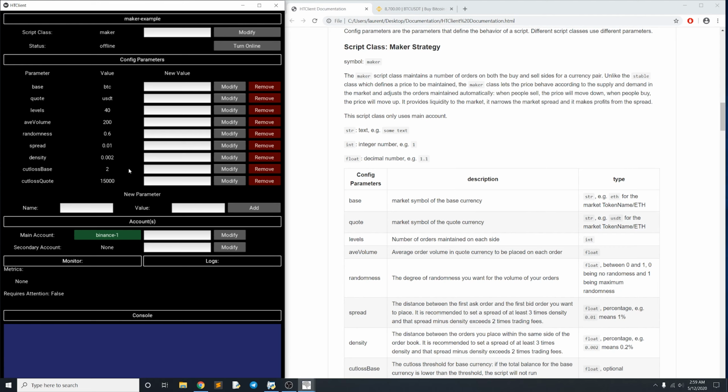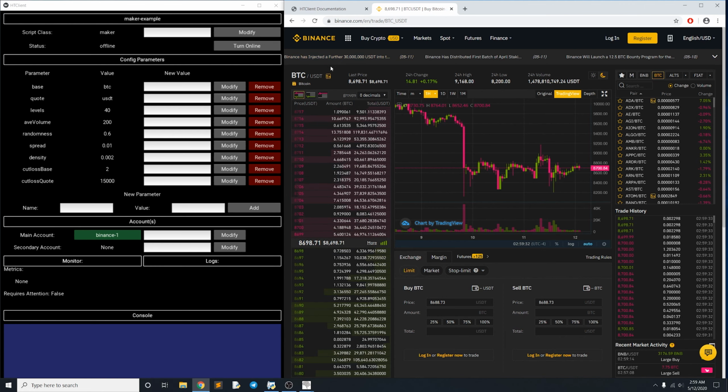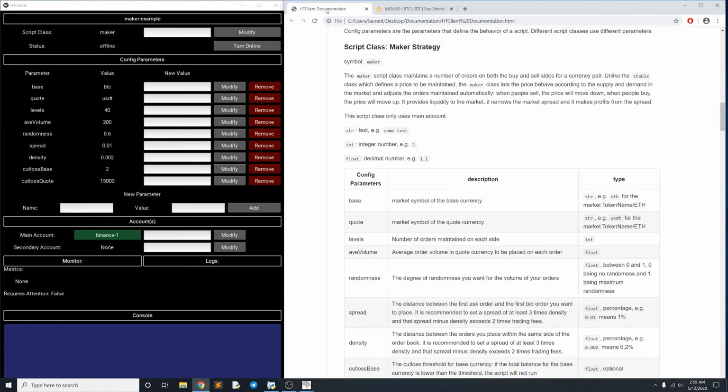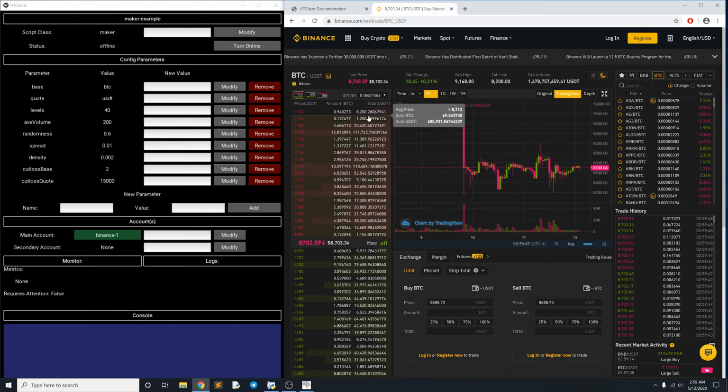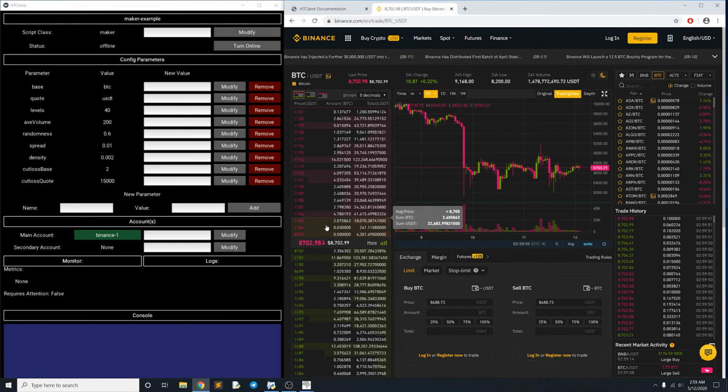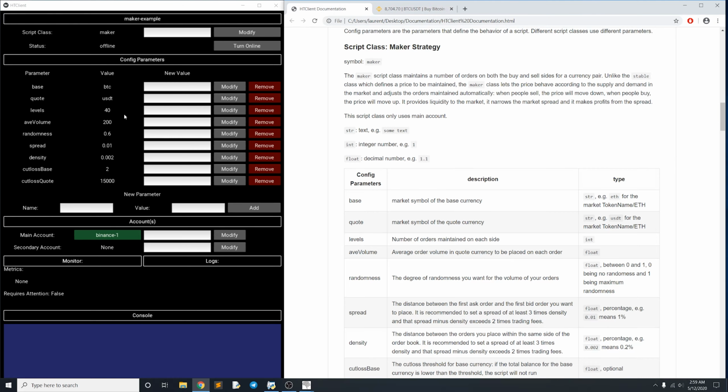So let's go over the parameters. Script class is Maker. It's offline because it's a mock script. So let's look at base. For example, Bitcoin, quote, USDT. If you have a market like this, the base is the currency that comes first, and the quote is the currency that comes second. Levels is how many orders you want to place on each side of the order book. Here you would see, this is the sell side, this is the buy side, and each level is like a different price. Average volume is the volume that you want to place on each level on average,